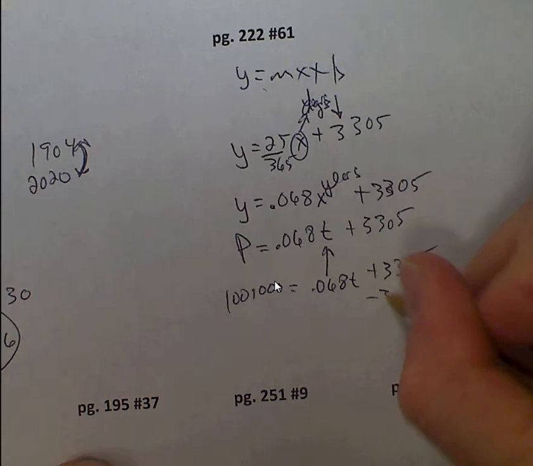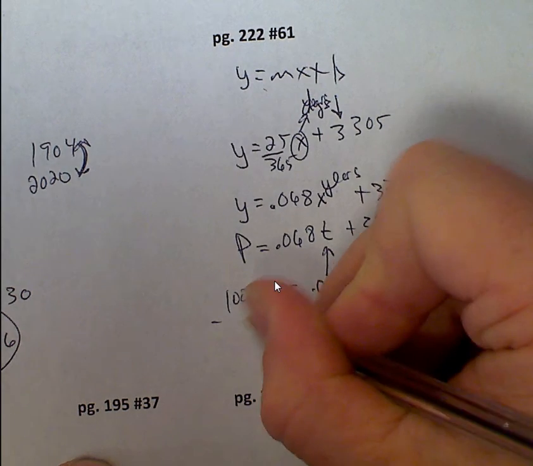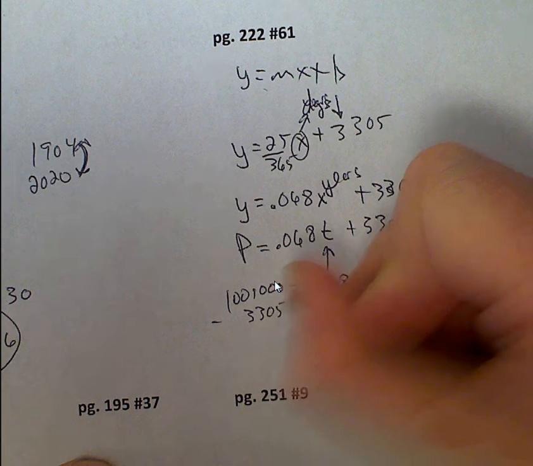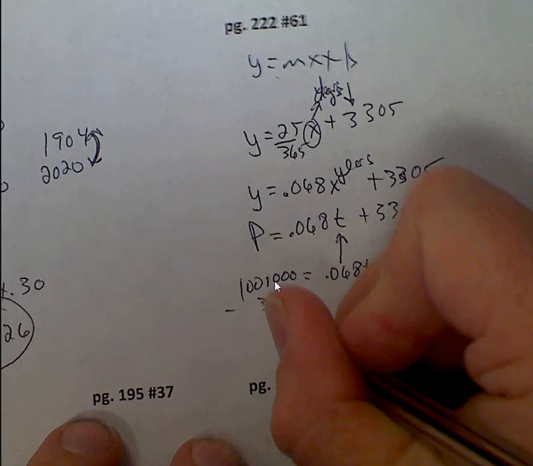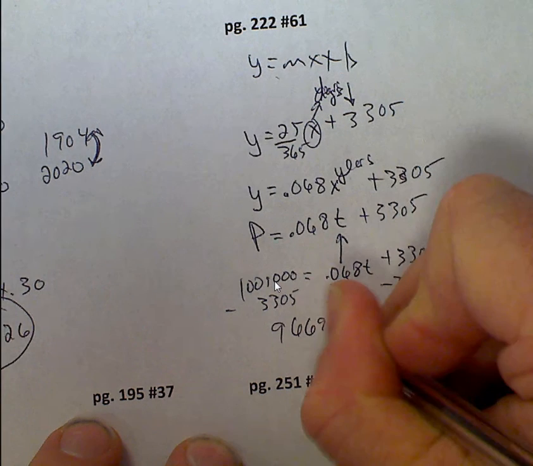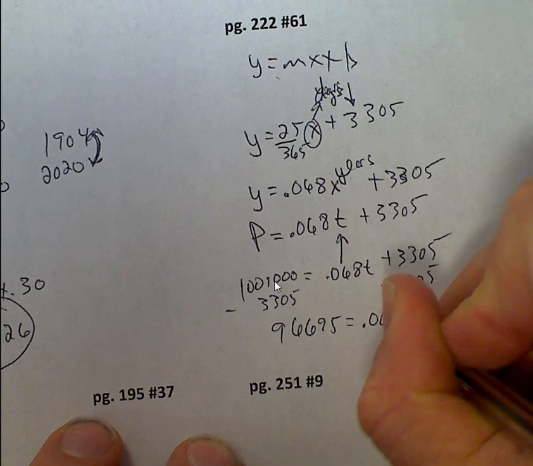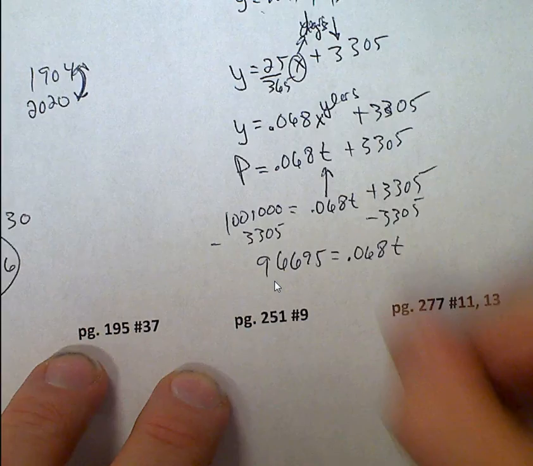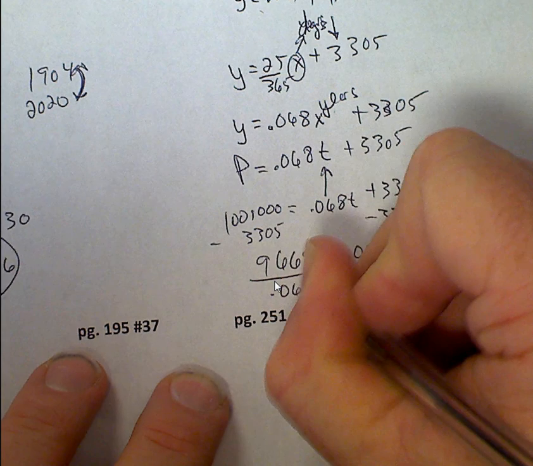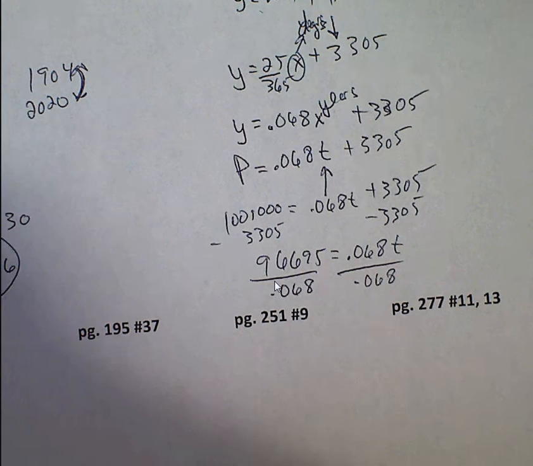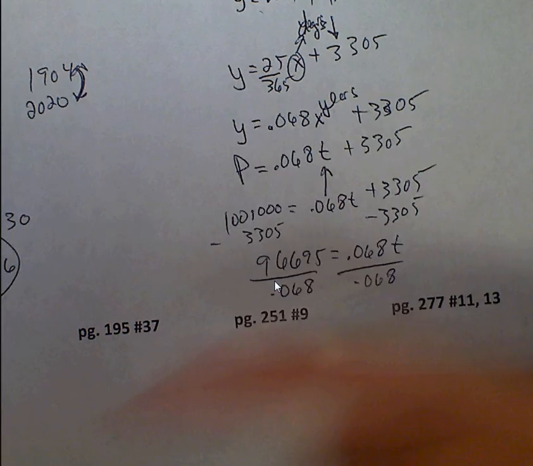So I'm going to take away 3,305 from both sides. So 100,000 minus 3,305 is 96,695 equals 0.068t. Divide by 0.068 on both sides, which gives me